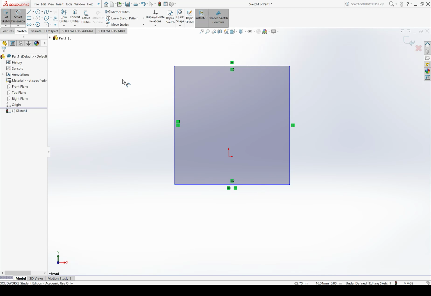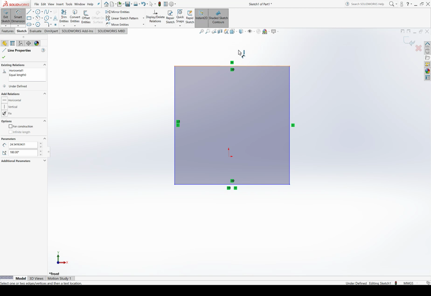So I have clicked on the Smart Dimension tool. I'm now using the Smart Dimension tool. If I click on one of my lines, it'll pop up with the length of that line. Now, the next time I click will define where it sets that dimension. It doesn't actually matter where I click next. If I were to click another line right now, it would include that in the dimension. So, for example, if I click the top line and the bottom line, it'll pop up with a distance dimension between the two.